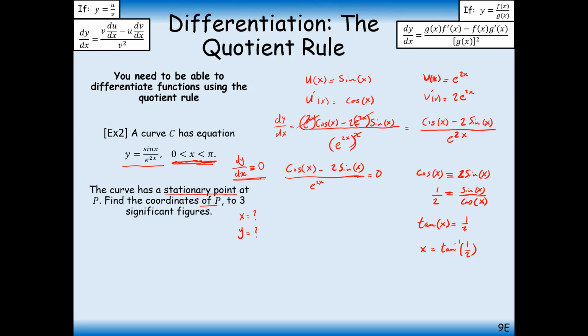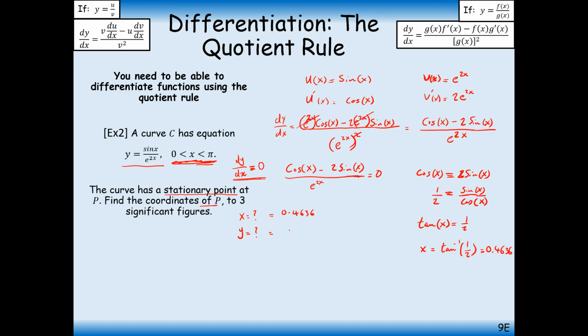That should give us an answer of, very quickly, let me type that in my calculator. So that gives us x is 0.4636, actually, to 4 decimal places. So make sure this is the x value of p, and we want to know what's the y value of p. So we know now x value is tan inverse of half,